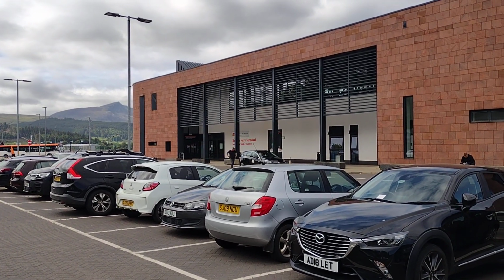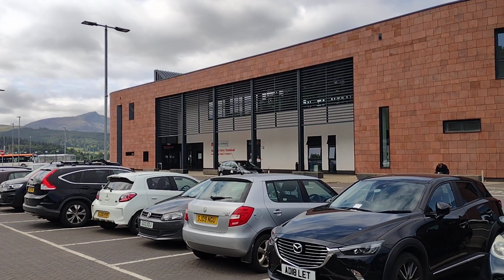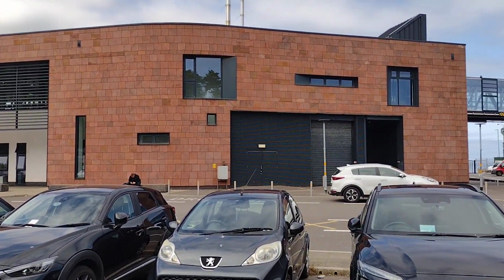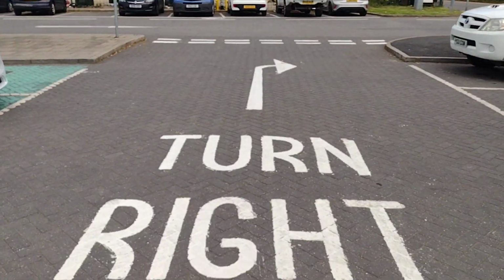Hello everybody, this is Dave the Rave roving the rock here again, and today I'm at Brodick Ferry Terminal car park. There's the terminal in front of me, just so you can see where I am. And I'm here for a reason. I've actually just left work, finished my shift, about to turn right,